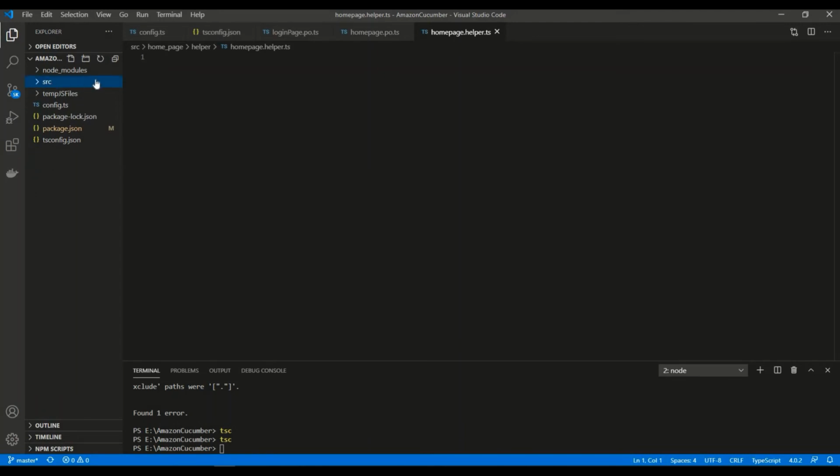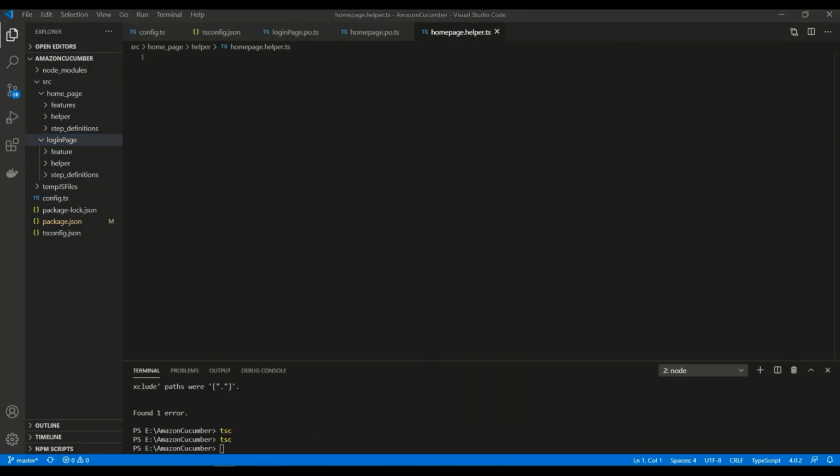Now we'll collapse them all, and let's understand once again the folder structure. I have src here, I have home page and login page. These are the two pages that we've written the feature files for up till now. I expand home page, I can see features, helper, step definitions. Similarly, login, I can see feature, helper, step definition. Further files are contained in the further folders.